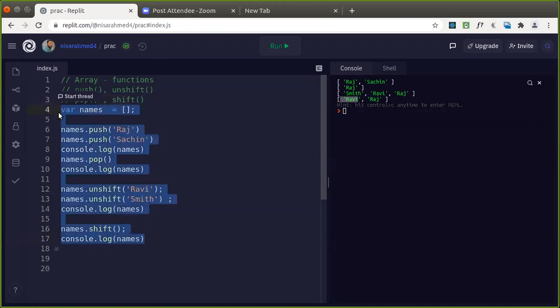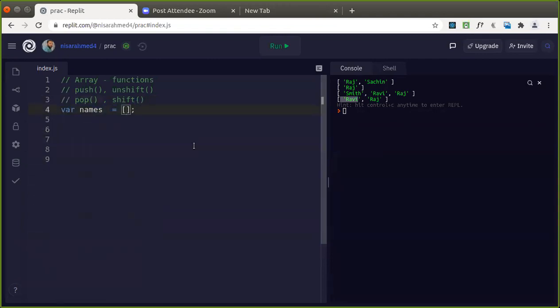Fine. Now, once we have stored some names here, you want to check whether a particular value is there in the array or not. For that, names are Raj, Ravi, Smith, isn't it? So I want to check whether the name Sachin is there in this or not. So how can we do that? Generally we have to write the code using the for loop and traverse it. That is one way, and we can use a function here, includes will be used for that.